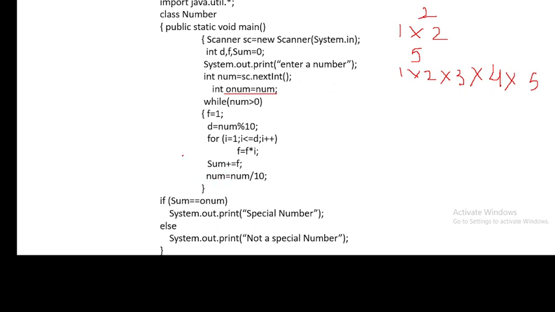Num will be updated to the quotient part. And then again it will check whether this is greater than 0 or not. Again F will become 1, the next digit will be separated out, then we calculate the factorial of that digit and then that factorial will be added to sum. Finally we will check the value of sum. If it is equal to the original number, we will say that our number is a special number, otherwise it is not a special number.